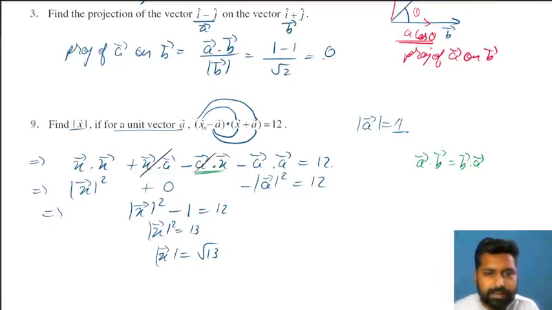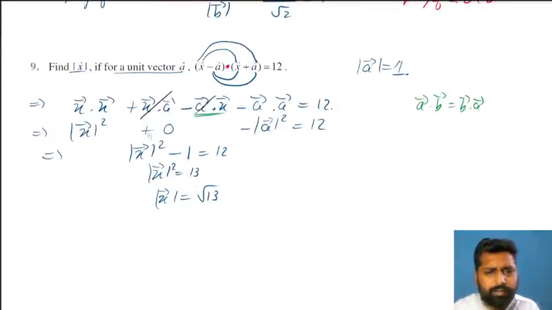So what is this? It's looking like a minus b, a plus b, na? What is a minus b, a plus b? A square minus b square. Look at this, x square means mod x square and b is mod a square. So directly also you can do, but this is the proper approach. The restriction is this algebraic properties will work only in dot product, not in cross. So yes, I could have written it directly also, but I've shown you the basic working, how it is working.